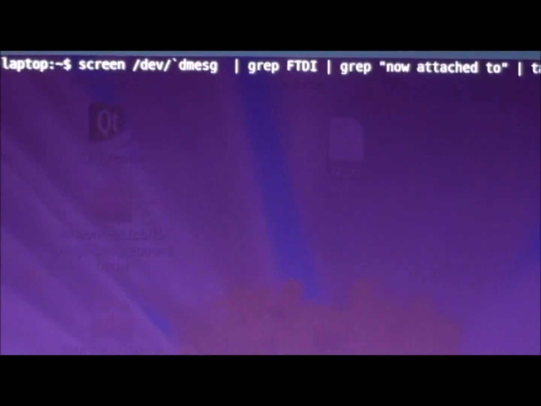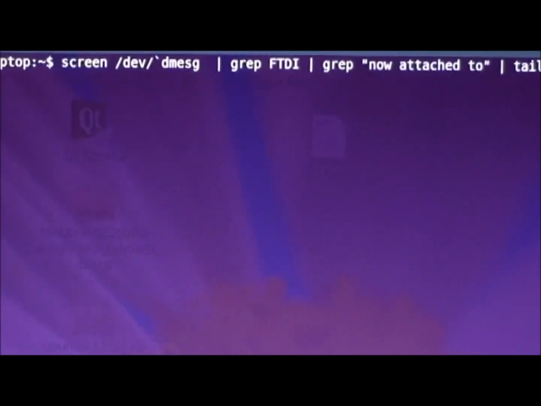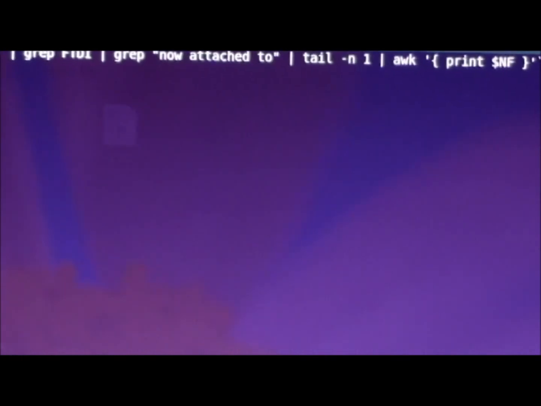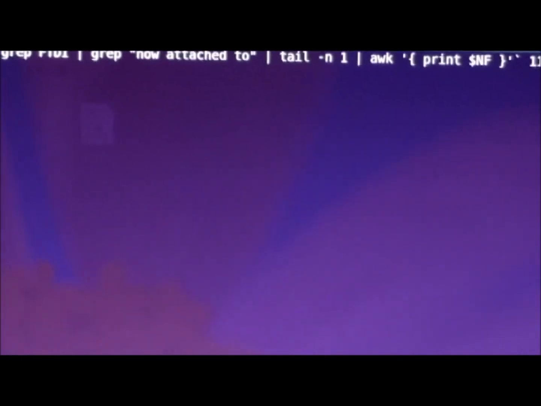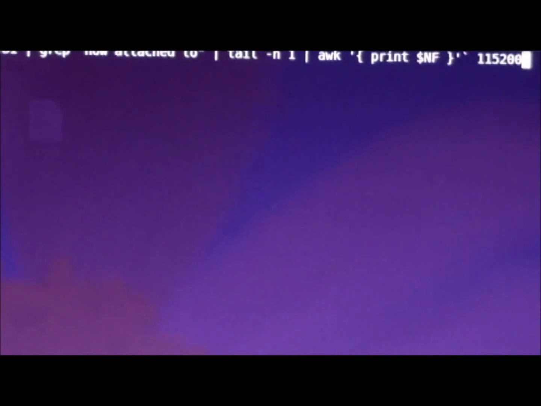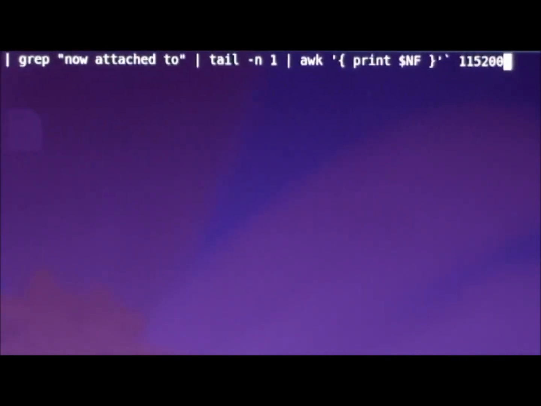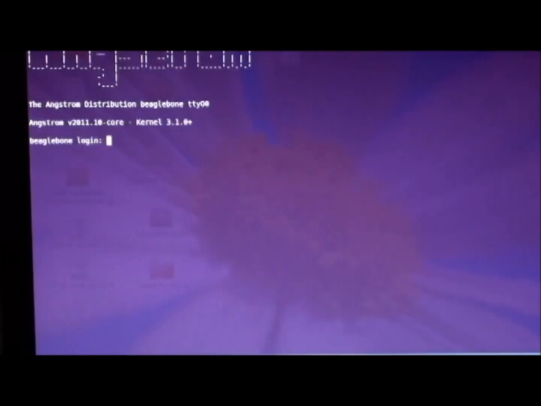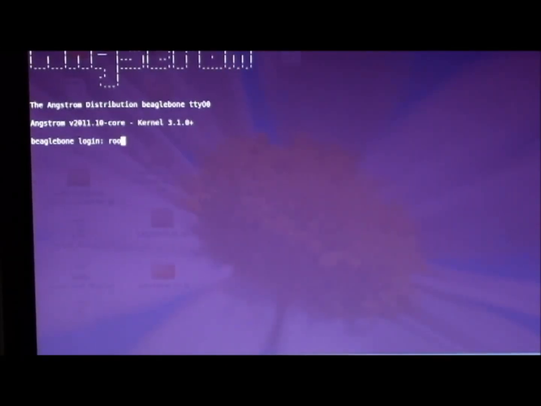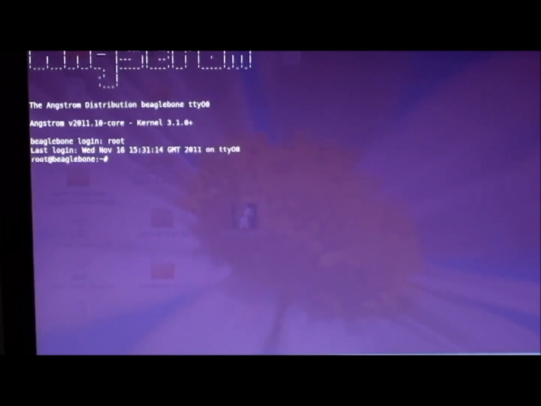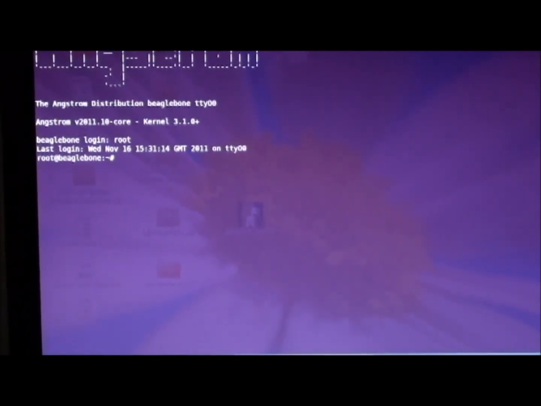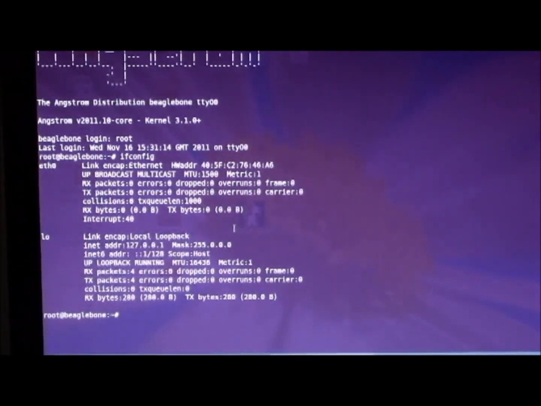In order to log in to Angstrom console, enter this shell command. Then press enter. Login as a root. Type ifconfig to know Ethernet address,